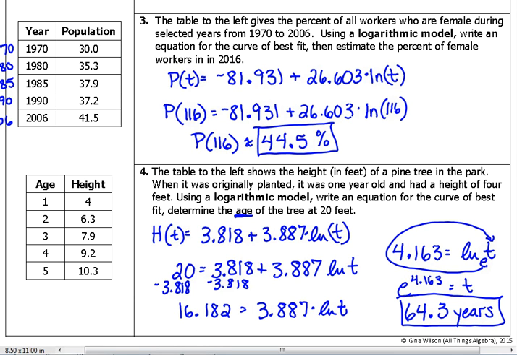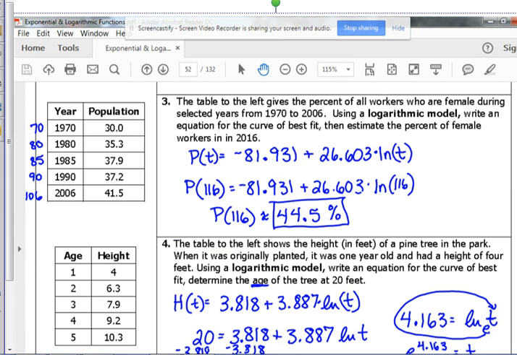Okay, so you got to be able to know how to find where it is on the graph to be able to do it graphically, or I showed you how to do it algebraically as well. Okay, so we'll do the